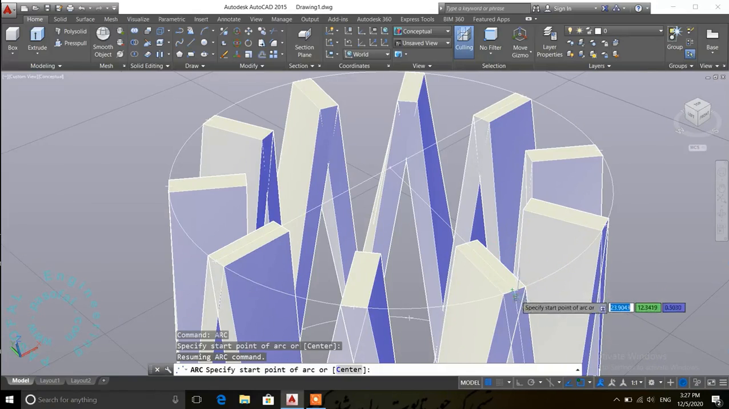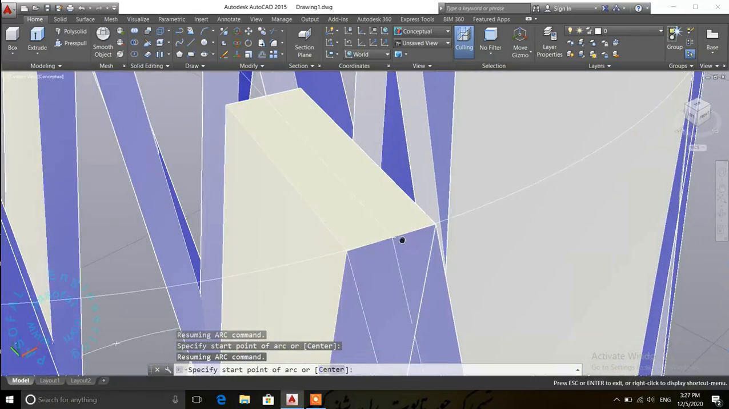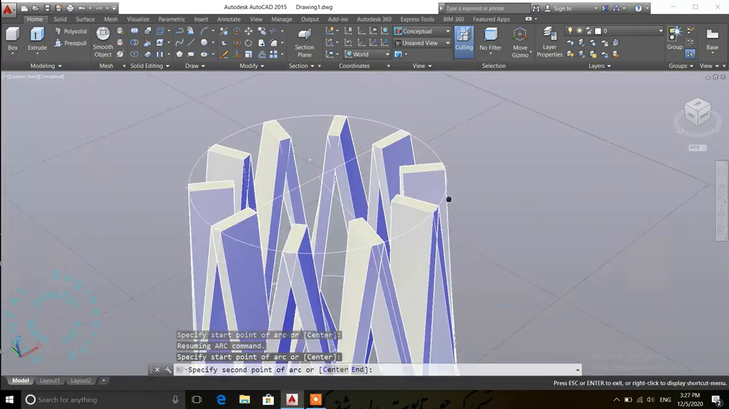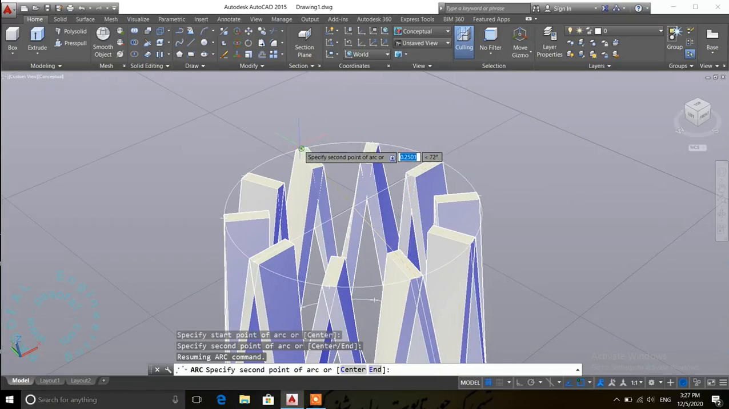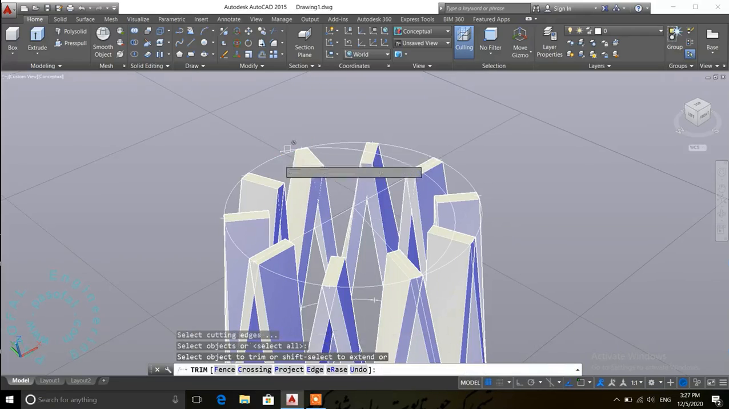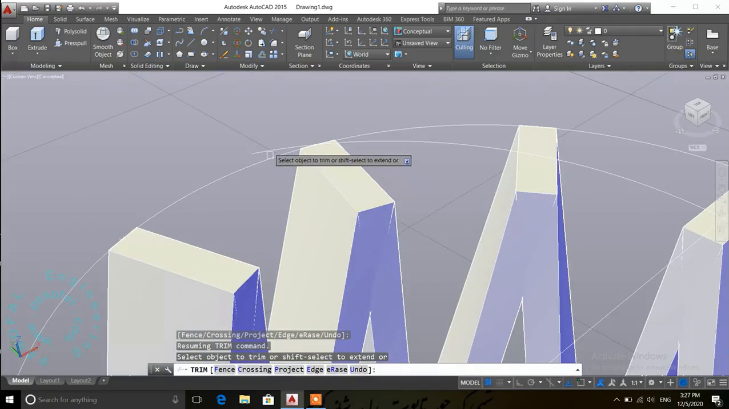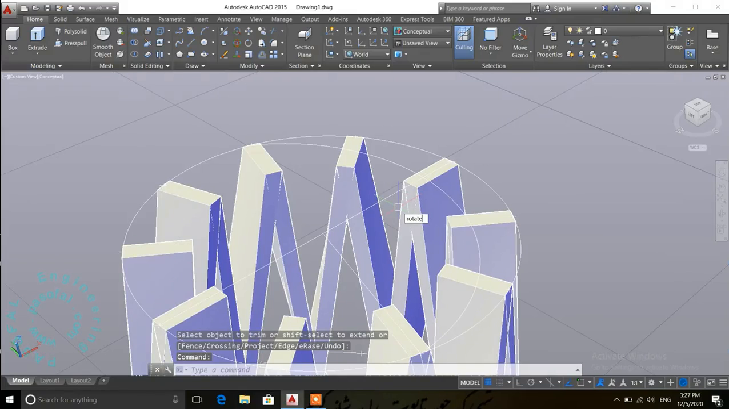I have to draw an arc from this point to the next point. Make sure that the arc is in this position. Then after that, I trim the extent of arc, click enter, then rotate 3D, the arc,